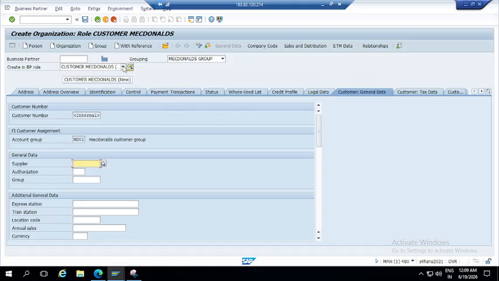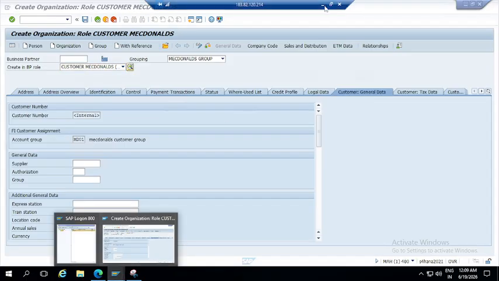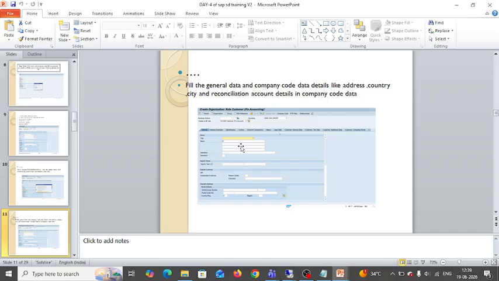If you give some other thing here you will get it as internal or empty, you will not get it directly. But while creating general data, this is the mandatory thing you have to check, because while creating BP, the account group and BP creation are very important. Okay. This screen usually gives all the address details that I have given now. And next,